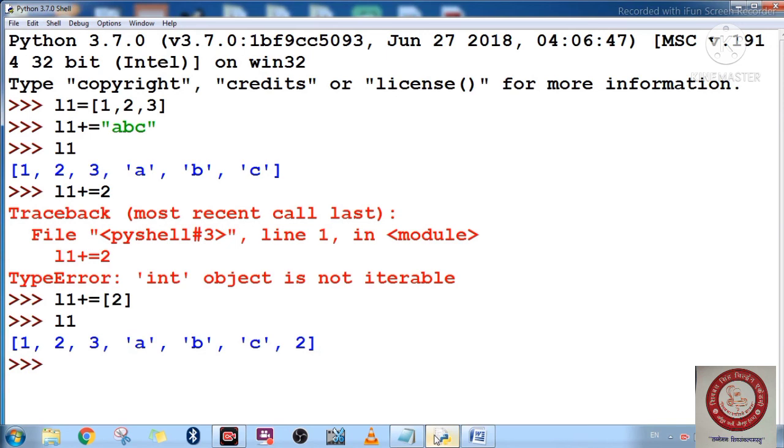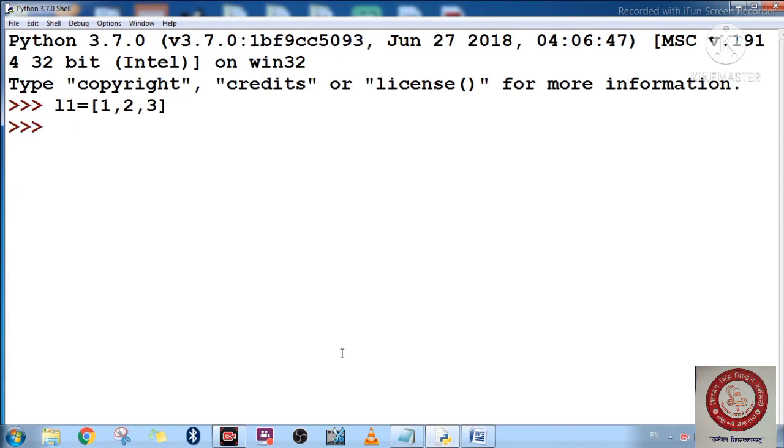Okay, so students, now it's time to have the replication of the list. रेप्लिकेशन कैसे करेंगे इसको भी हम देख लेते हैं। So students, for doing the replication we have to use the star operator, star, ठीक है, ऑलरेडी ये डिस्कस हो गया था। कैसे करते हैं चलिए देखते हैं। मैंने लिखा है L1, L1 के बाद मैंने स्टार लगाया और स्टार के बाद मैंने लिख दिया 3, यानी कि जो लिस्ट है अब 3 बार उसको रिपीट करना चाहिए। देखिए 1 2 3 1 2 3 and again 1 2 3. Okay, so this is the way to have the replication of the list.